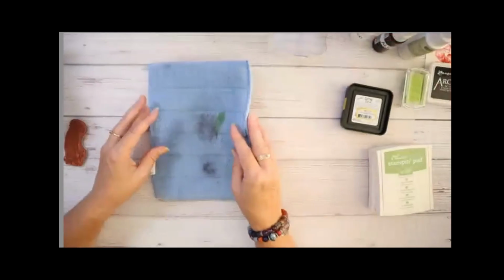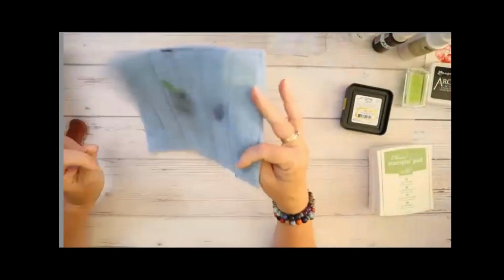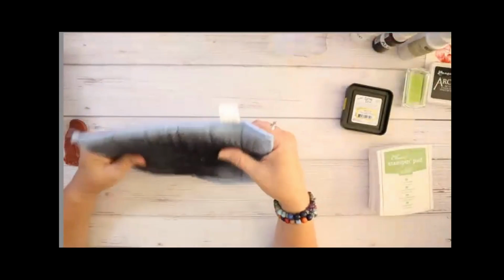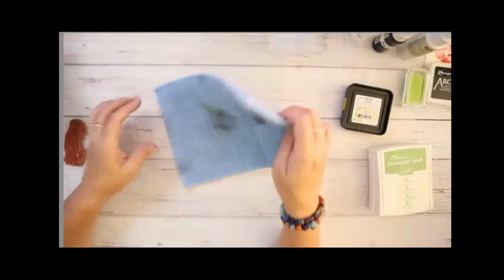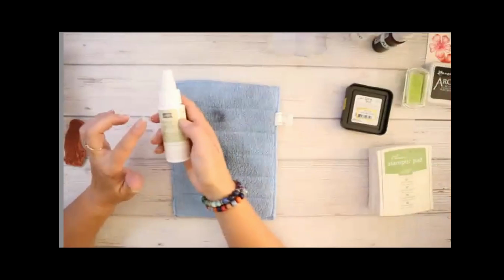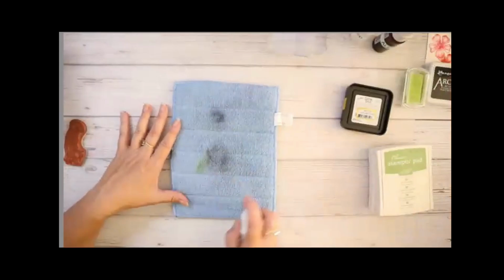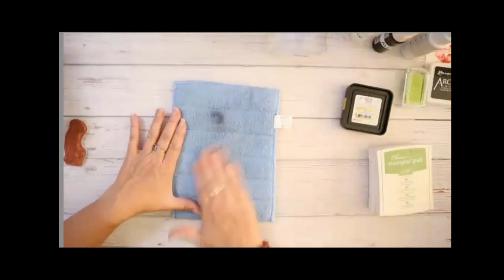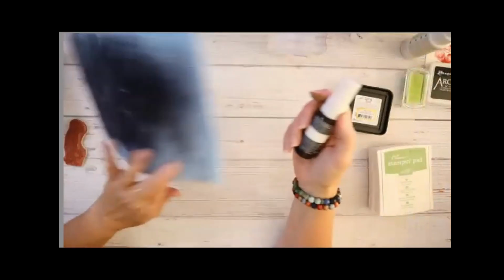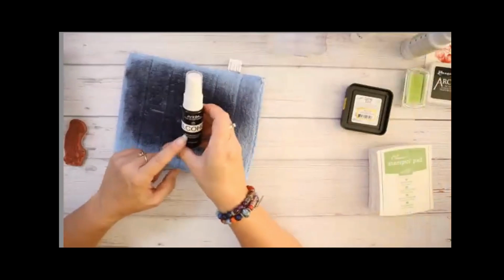For cleanup, I like to have a microfiber. This is actually a cleaning pad that I got at a dollar store, and you can see I've used it a lot. I think this is permanent. That's the permanent ink. But I just wet it. You can either wet it with water, or if you have a stamp cleaner, they sell stamp cleaners out there, you can spritz a little bit of that on there. Just has a little bit of some cleaning solution. Or if I'm working with the permanent, and this is my permanent side, I just use alcohol to clean up